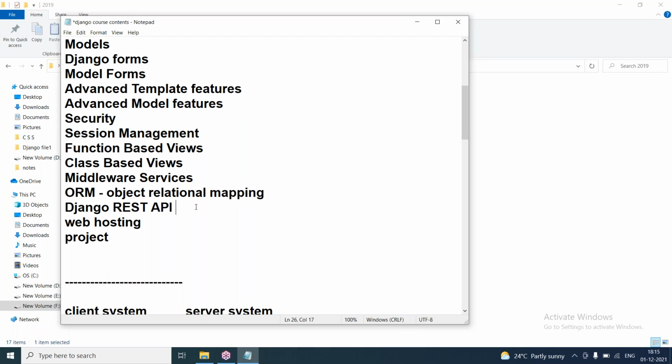Why we have to use REST APIs in Django, what is the use, all these we are going to discuss. Now I'm not explaining anything related to REST API. After that, we'll see web hosting. Whatever website we develop, we are going to see how it is hosted on the internet. We'll see deployment or publishing a website on the internet. For web hosting, we are going to use